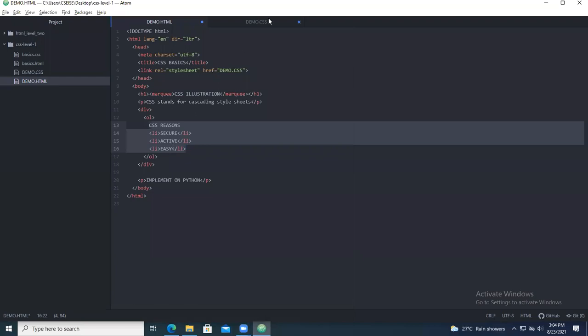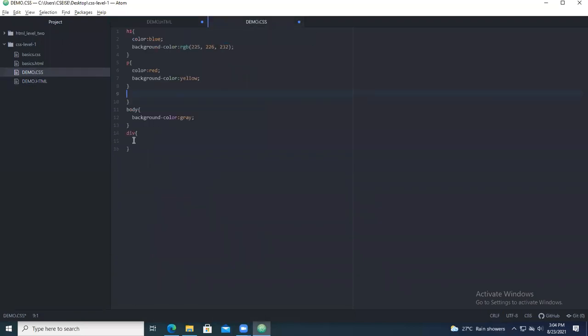So first you have the CSS reasons. So what will be the thing? Under the div, you give color. So color, you give something called green. Okay. So next of that particular thing, you can have background. So background hyphen color.